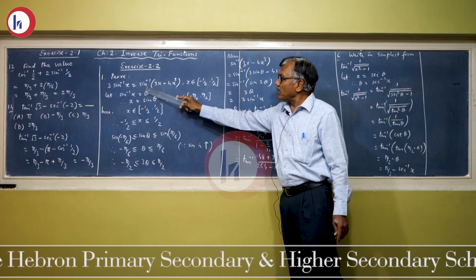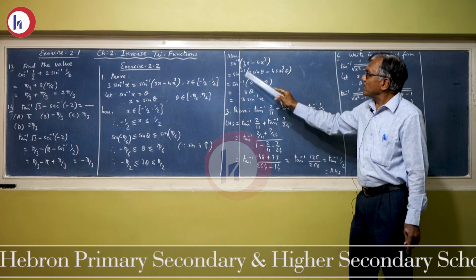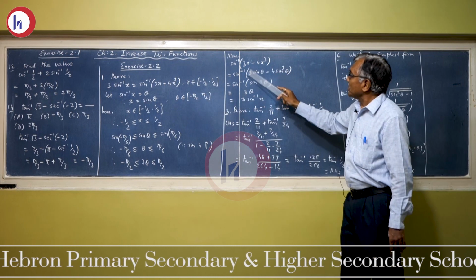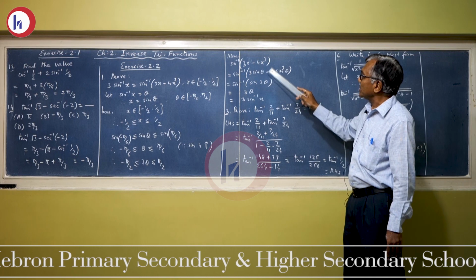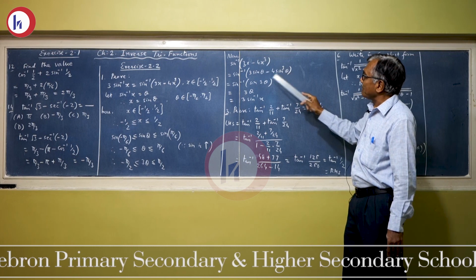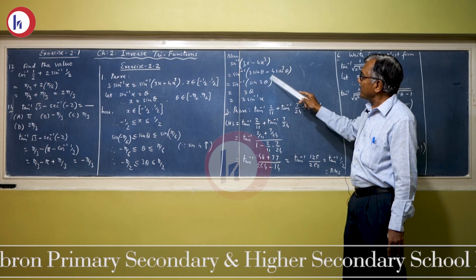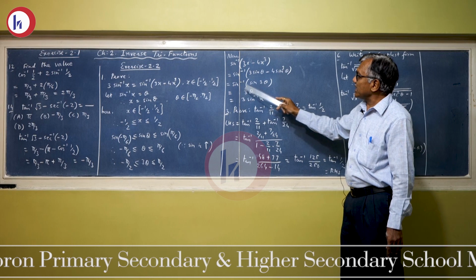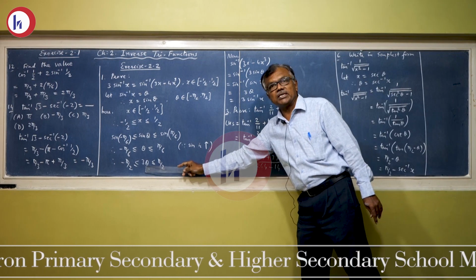Okay, now let us see the RHS: sin inverse of (3x minus 4x cube). Substitute what we assumed, x replaced by sin theta. So 3 sin theta minus 4 sin cube theta. This formula you have already studied in the 11th standard: 3 sin theta minus 4 sin cube theta equals sin 3 theta. So sin inverse sin 3 theta equals 3 theta, because 3 theta is in the range of sin inverse.